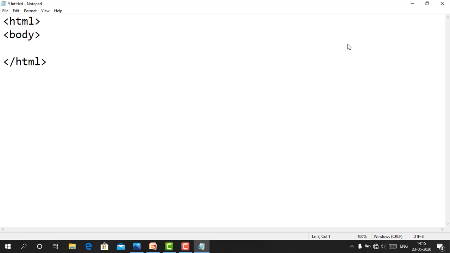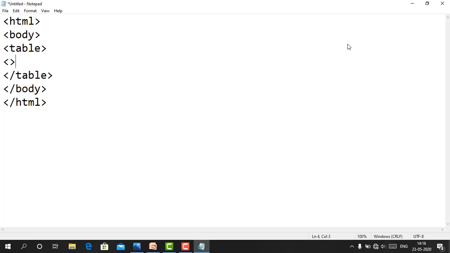In the body section, because we want the table, that's why we took the body section. After that, we will take the table tag. Table tag open and table tag close.